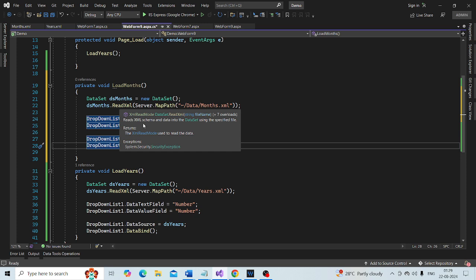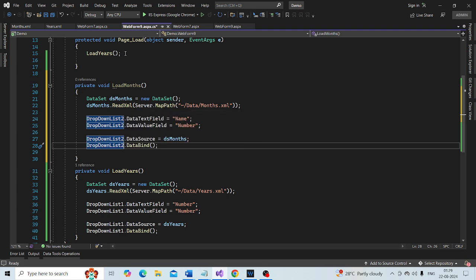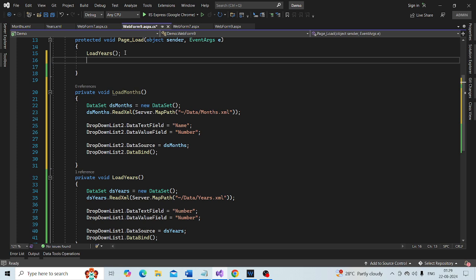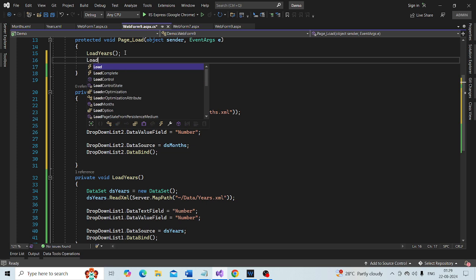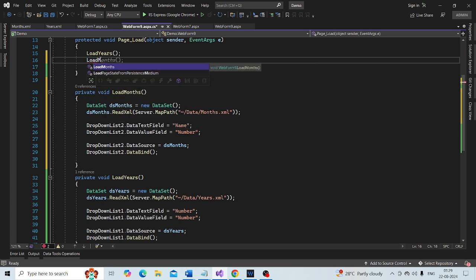And we want to invoke this method here, load months. We want to call this method only when it is the initial get request, because we don't want to do this on every page load on a post back.